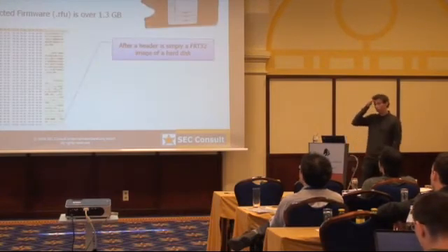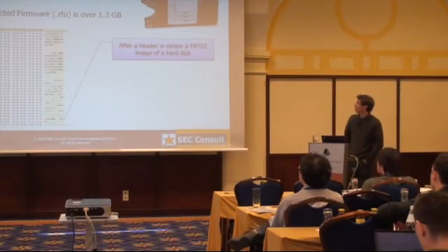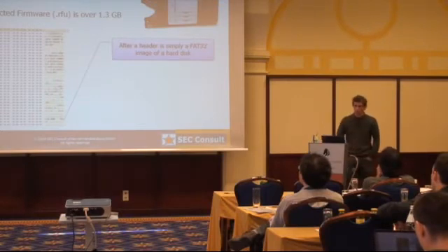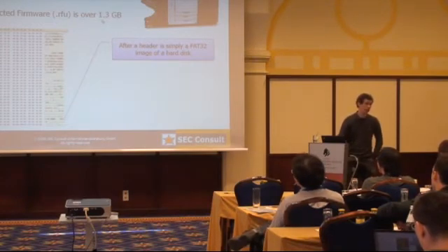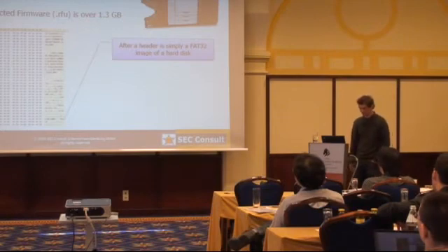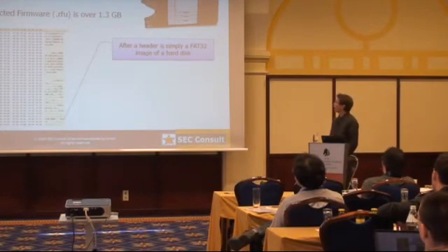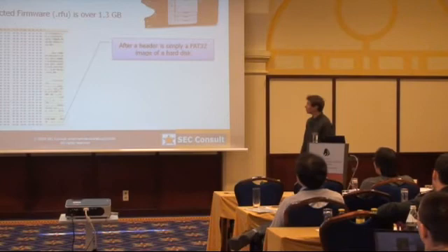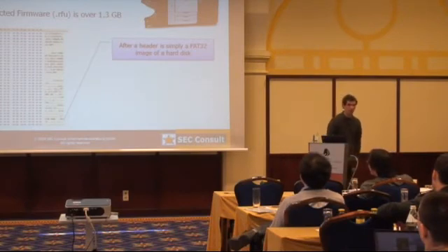Okay, and then the last firmware image which we had a look at was an HP machine, the CM8000, which is a really interesting printer because it's running Windows XP Embedded, which you can see at first glance when you have to download the firmware, because it's 1.3 gigabytes big. That's really huge. It took eternally to download just the firmware. If you have a look at the firmware again, and this was quite hard from a hex editor to open the 1.3 gigabyte file, you see